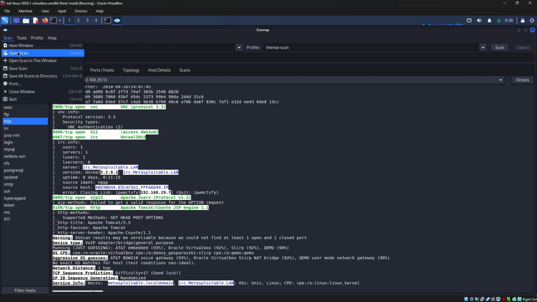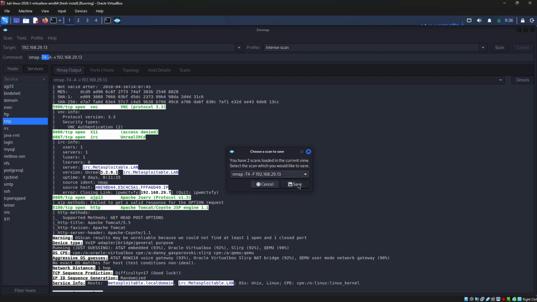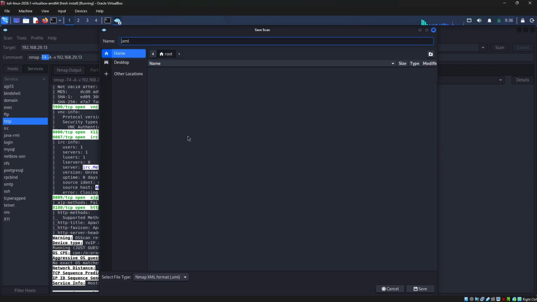After that, you also have the open scan option and save scan option. So you can just save this scan. You have two scans loaded, so select the scan which you would like to save. I'm just saving this scan into a file, and you can give any file name that you want. I'm just giving file.xml and saving that in the